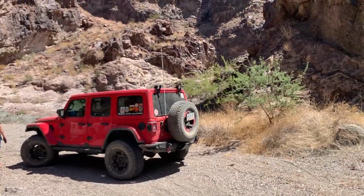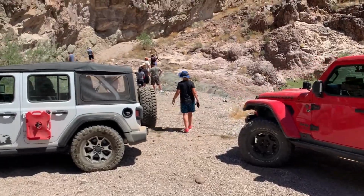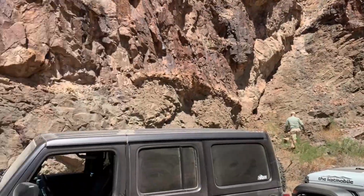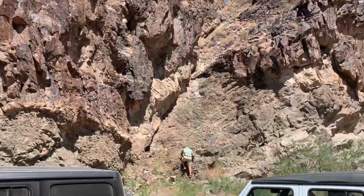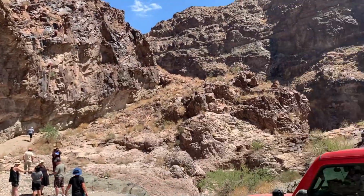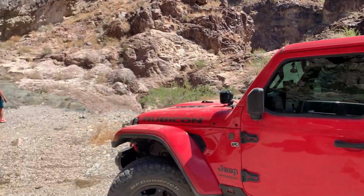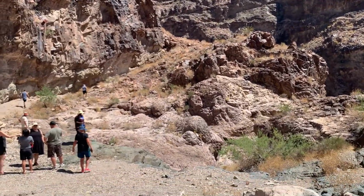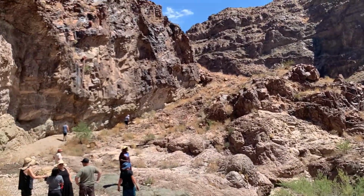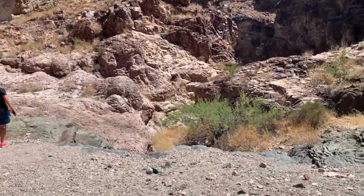Alrighty, well, we're taking a little break here. Let's step out of the Jeep and take a look at what this area has to offer. And this is super beautiful. Look at this whole spot, man. It's just a hairpin turn kind of area where you can come visit. And it's actually very good for hikers. That area is very popular right there for hikers on the way up. And as a matter of fact, there's also a hike down